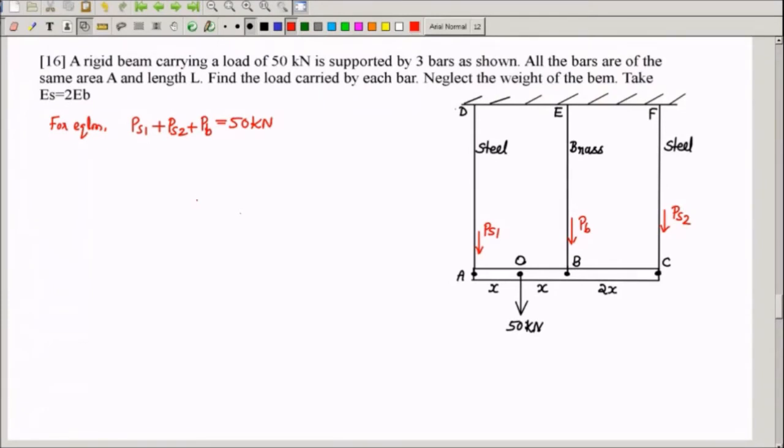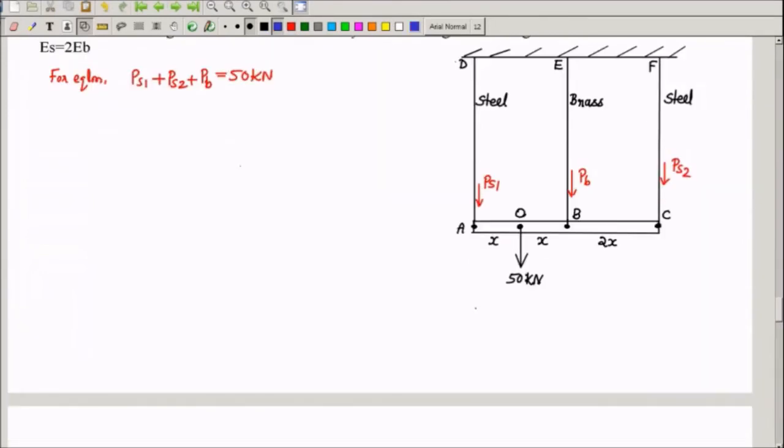So we have to use a kinematic condition for this. And in the problem he has not said that the crossbar or beam remains horizontal. It is not given, so it can deflect any way. The load is offset, so it will undergo some deformation such that ABC is not horizontal, definitely. First, I will represent this beam ABC as it is. Now, let us say after application of the 50 kilonewton load, it deforms like this, with the deformation in the left end being more, just exaggerating the deformation. Let us say ABC undergoes deflection like this.